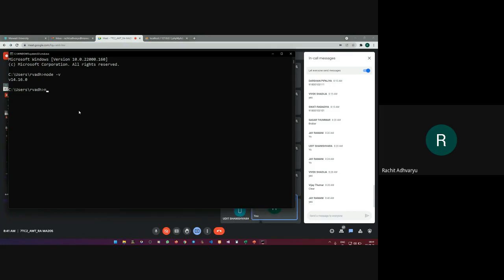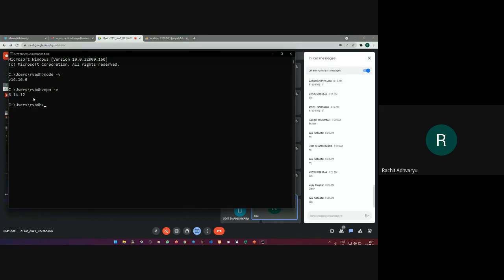So I'll say npm -v, and we will see the version of my Node package manager. So the first two commands will give you the complete idea whether your node and your node package manager have been installed successfully in your system or not, right?